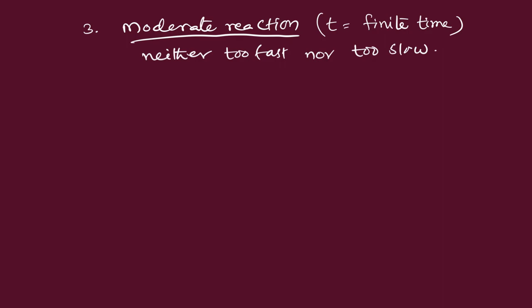These moderate reactions, we can easily alter their condition. So to alter the condition, which reaction is required? Moderate reaction is required. Fast and slow reactions are not useful. So in this chapter we'll discuss the moderate reactions. It means the time taken is finite time for this. Therefore, now for example, generally organic reactions